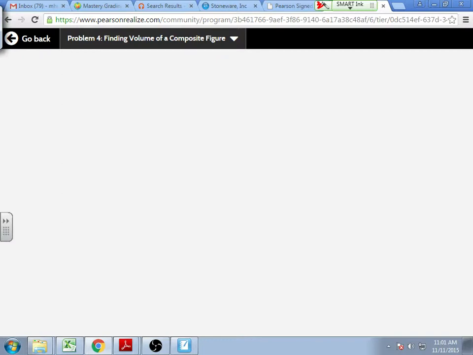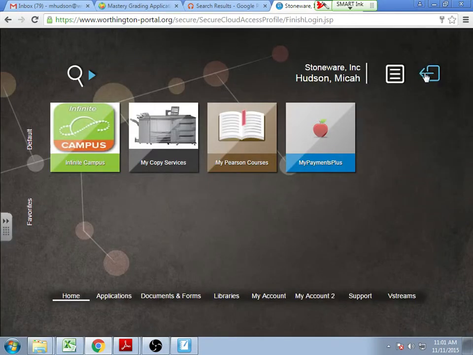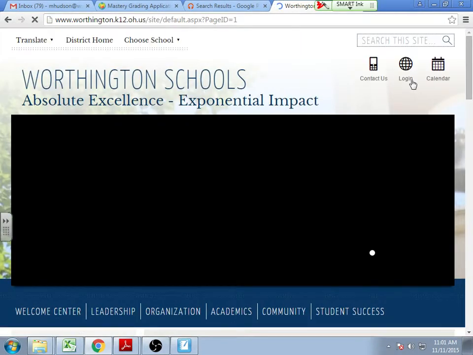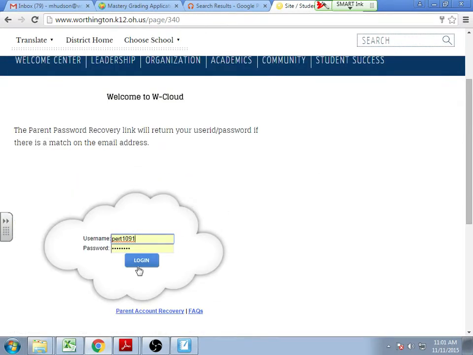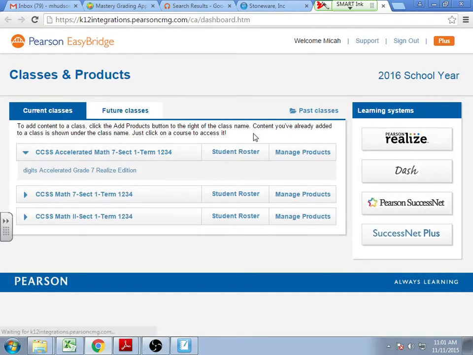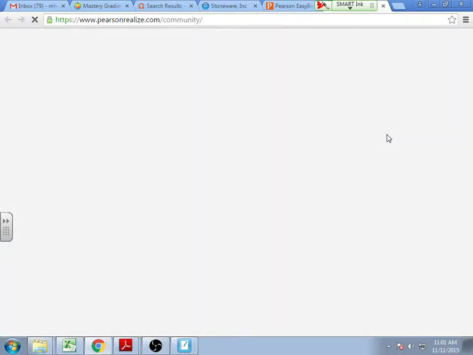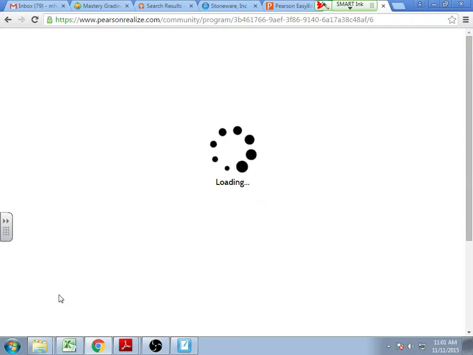Find the volume of a composite figure. Oh, you signed me out. It always happens in this class. Try the next one. Be careful what the base is. Notice what I wrote into your notes. When we have a composite figure, your base is going to need to be comprised of both types of shapes, or all types of shapes that are there. So both is assuming there's only 2. There can be more than 2 types of shapes.